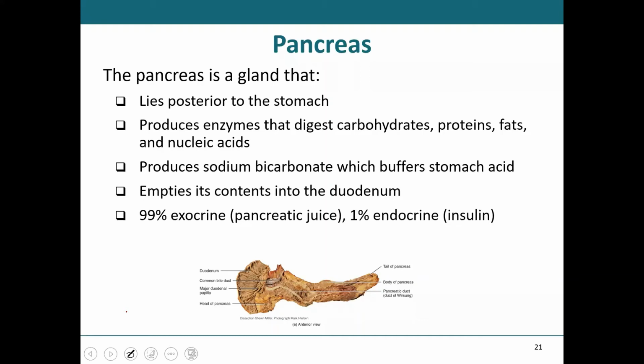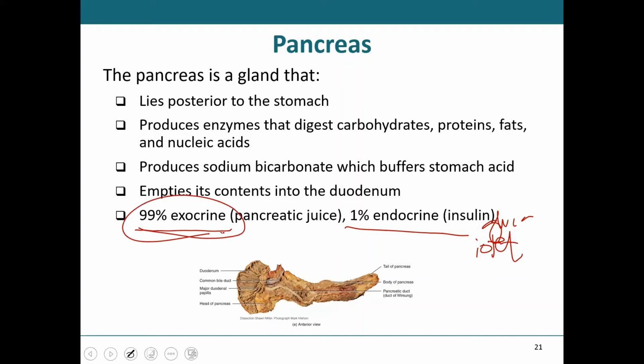The pancreas has an exocrine function and an endocrine function. The endocrine function was the part that secreted insulin and glucagon, and it's the part that we're going to take with the endocrine system. Not now. That'll be the next unit. And that was the islets that you're going to see or have already seen in lab. We're going to focus on the